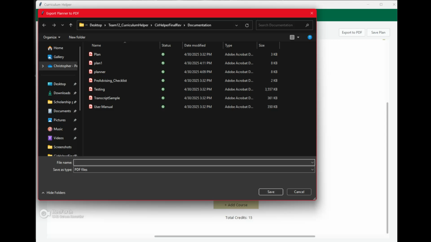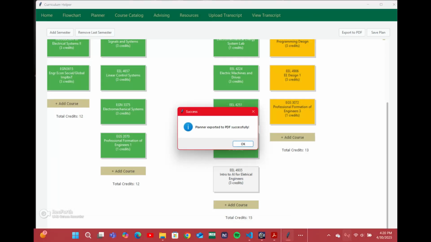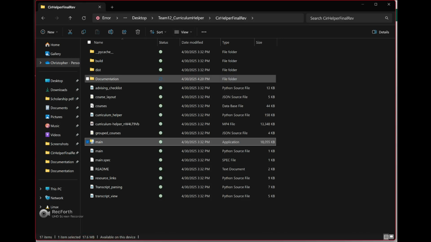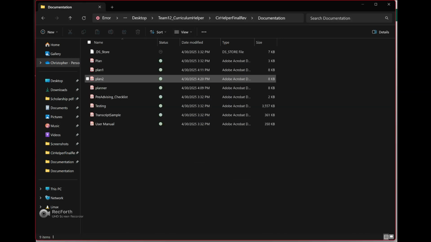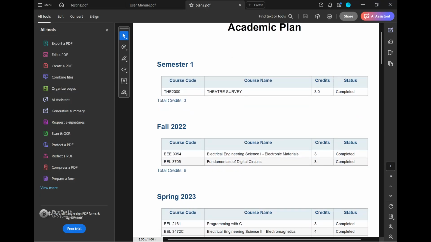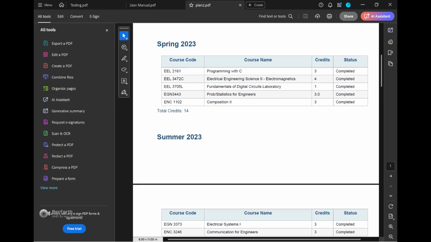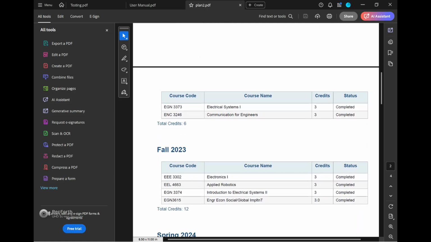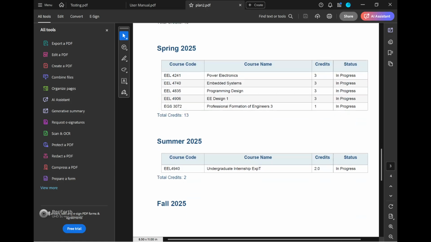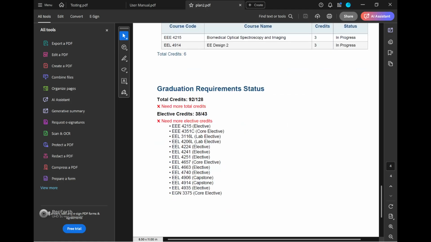I'll just name it plan because I've done a bunch of them. Plan exported to PDF successfully. I go back. This is where I have it saved for now. It'll list first semester I did this, fall 22, spring 23, summer 23. It needs to be better formatted, but yeah. And then I can go all the way to the end. It'll also show